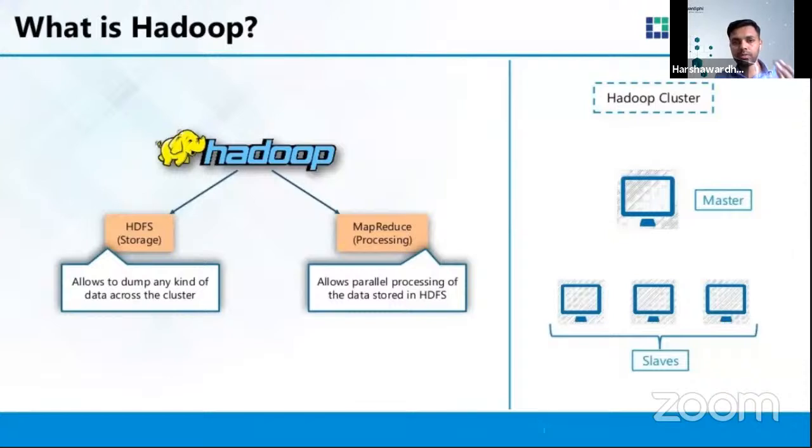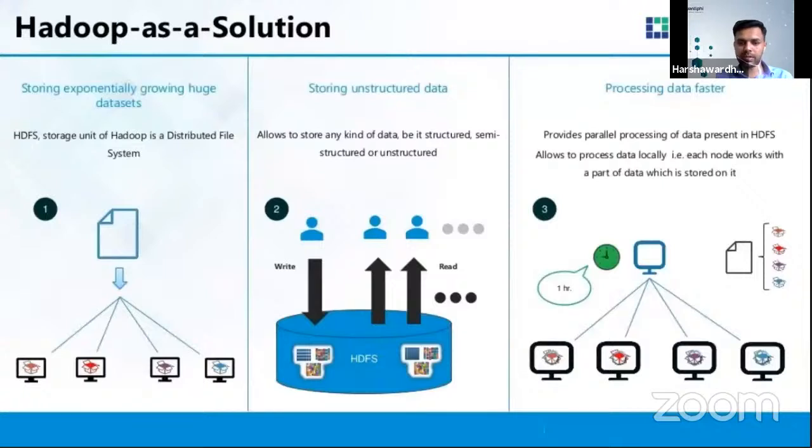Can you imagine 4,500 computers, machines, whatever you call them, connected to each other, holding the data, and processing the data? There was a lot of research going on, and now the system is available with one click only. You just have to click and your Hadoop cluster will be up. But let's try to understand what Hadoop is, right?